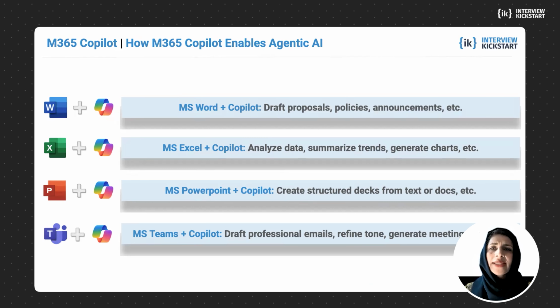Let's look at some practical examples. In Word, you can use Copilot to help you draft proposals, policies, generate documents, and announcements. If you're in Excel, you have data. It can analyze the data, summarize trends, and generate charts for you. If you're working in PowerPoint, it can create structured decks from text or documents or from your prompts, saving you